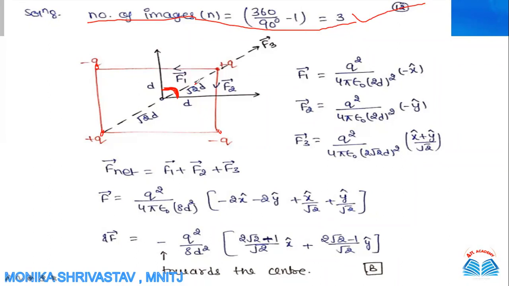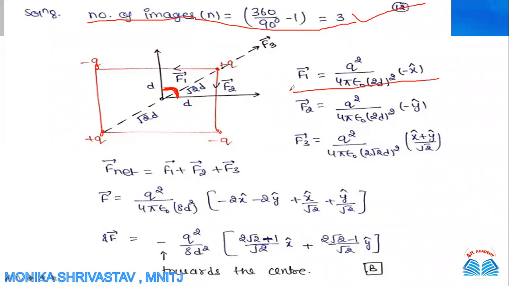Now come to this problem. On this charge plus q, if you want to calculate the force, this minus q charge will also attract it. There will be a force F2 in this direction too, and there will be a force in this direction too due to this minus q. So basically, this is your F2, this is your F1, this is your F2, and this is your F3. You will calculate all the three forces. So you know how to calculate the forces. Just you have to put the direction too.